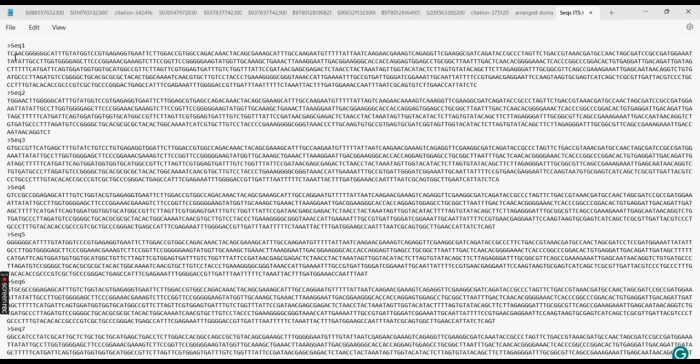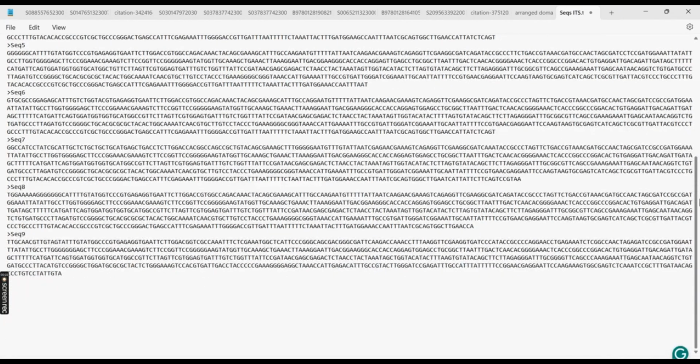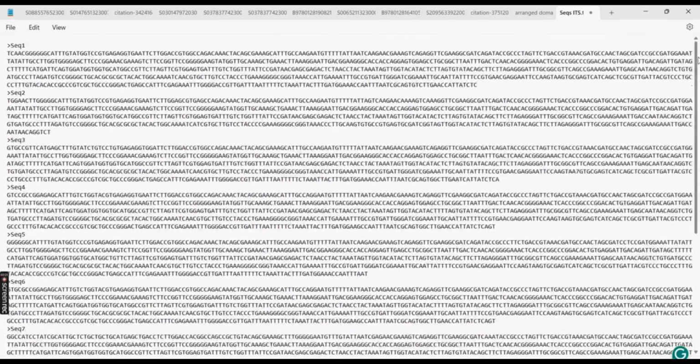You will prepare the sequence file by putting sequence sec1, sec2, sec3, sec4, sec5, and so on, however many sequences you have. You can develop this file in text file format, and then you will upload this file on the server